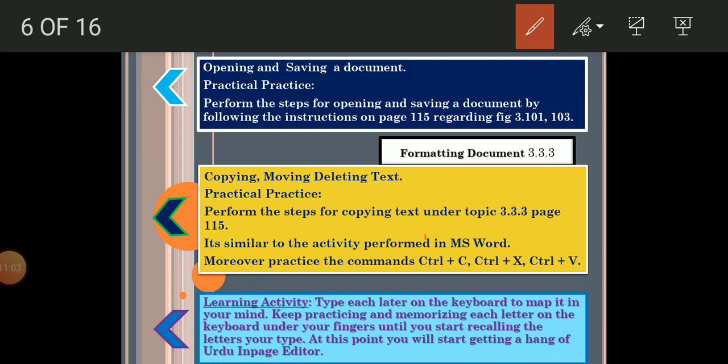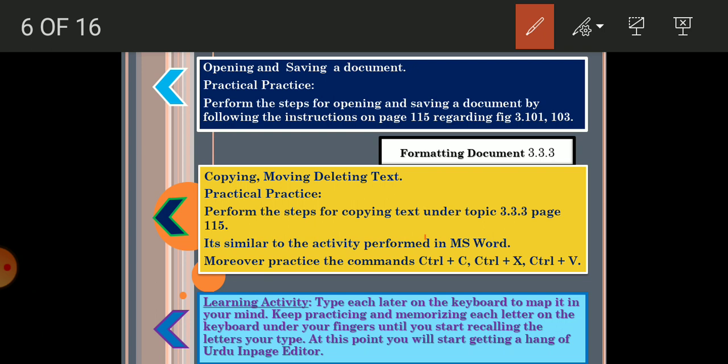When you are done memorizing the keys and have some familiarity, then you start typing in your document. Your first practice is to press each key and memorize it, and then start typing on your computer. You can start by writing the text which is already mentioned in your chapter.